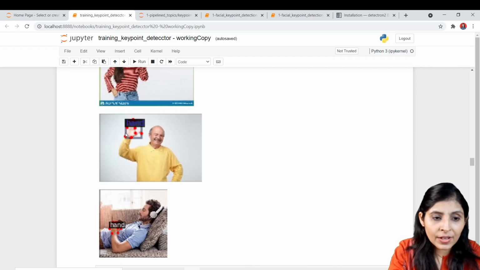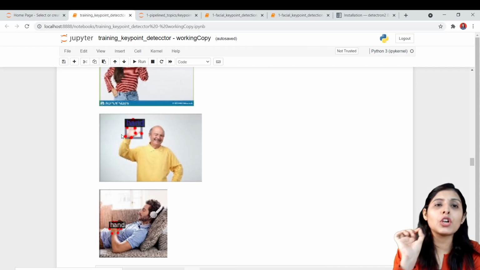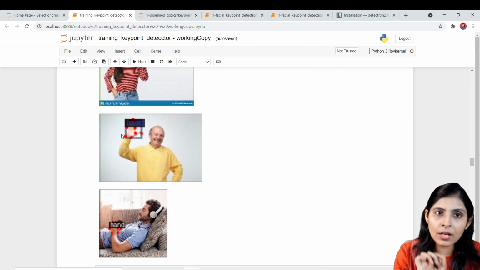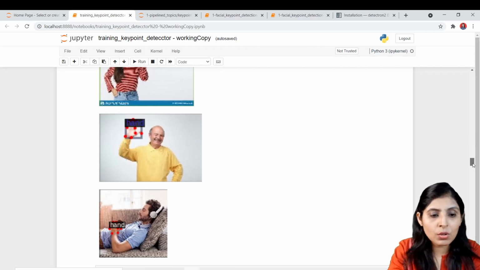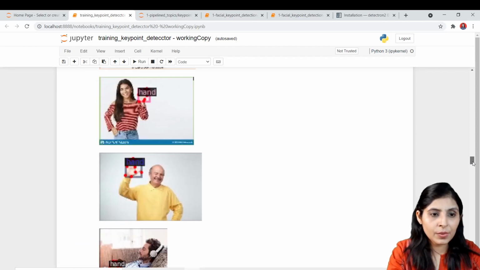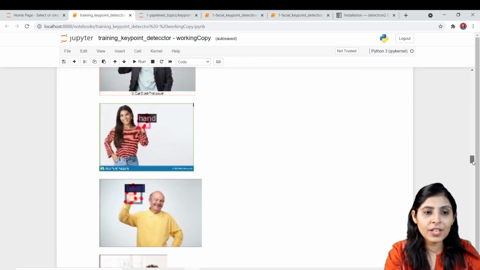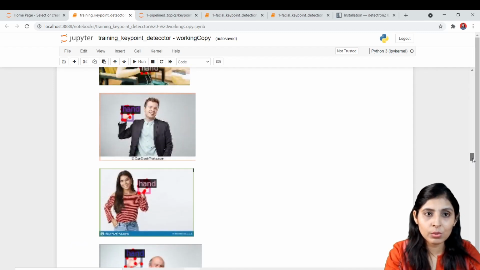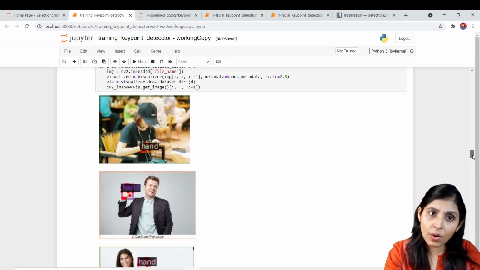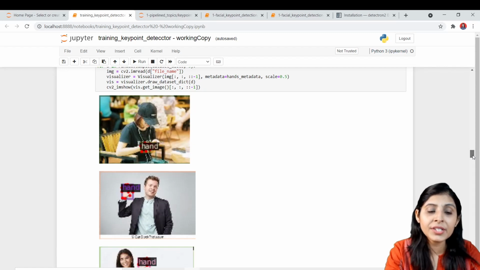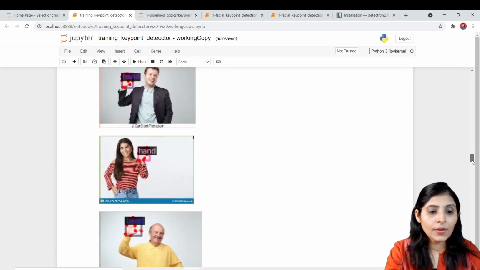In the same way, I have 10 different dots. 10 different dots means 10 different key points I have assigned in every image, right? And so my dataset is properly annotated, you can see. That's why we can see the results like this. Okay, so this is how I have annotated my images, my dataset is properly annotated, and I've uploaded the data properly. So now the next step is